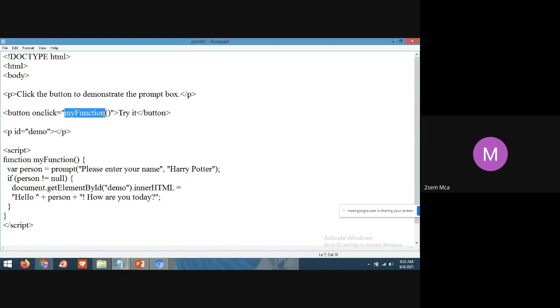Yes, when I click on the button, what is the name of that button? Try it is the name of that button. On that button, this label will be visible, that is try it. So when you click on try it, then my function will be called, meaning whatever statements I have written in my function, those statements will execute. So now coming to my function,